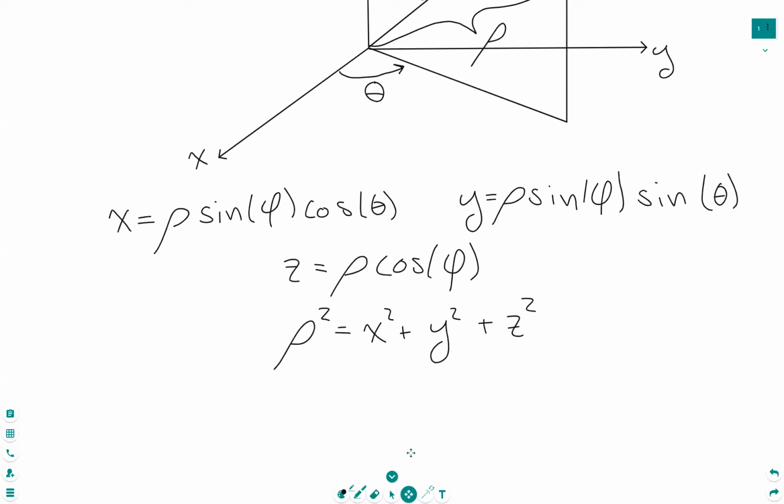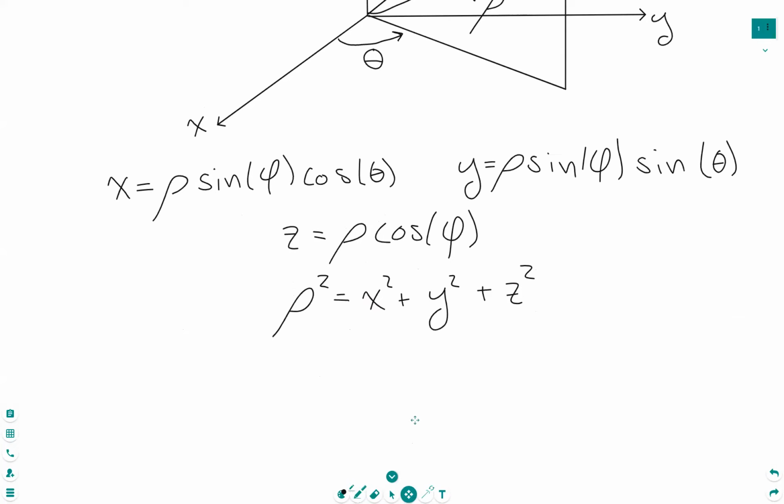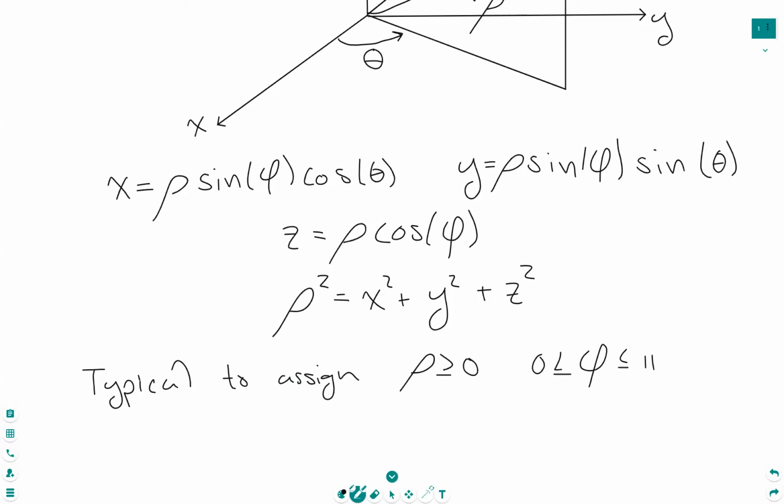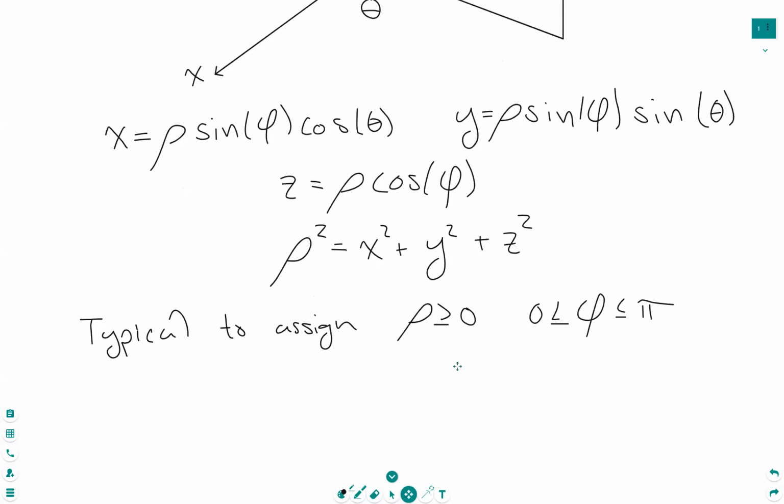It's very typical to define that rho be non-negative. So typically, we say that rho is non-negative, as well as have phi go from 0 to pi. So in our definition, the ranges for the angles go from 0 to pi for phi, and then 0 to